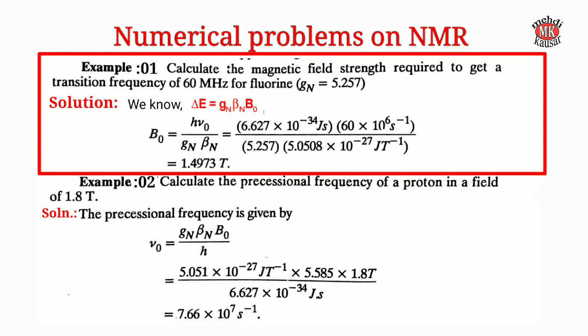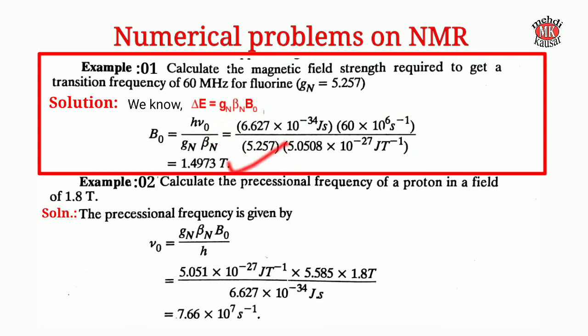We can use the relationship ΔE equals Gn βn B0, and we know that ΔE is equal to hν0. From this expression we can write B0 equals hν0 by Gn into βn. Now substituting the values of hν0, Gn and βn, we get the value of B0 as